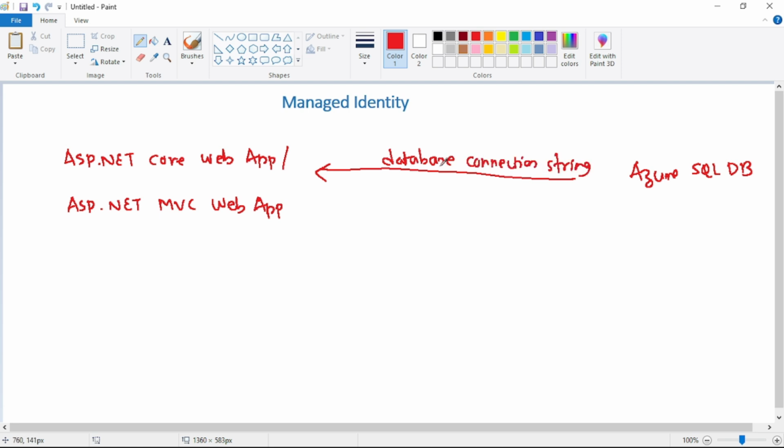Now guys, we may store this database connection string in app config settings. So for example, for this .NET Core Web App, we may store it in appsettings.json, or for this MVC app, we may store it in web.config.